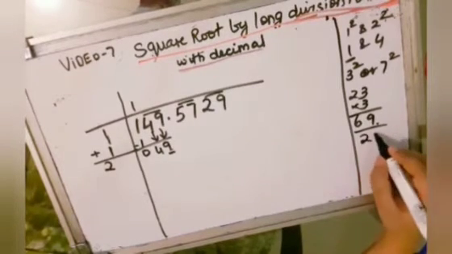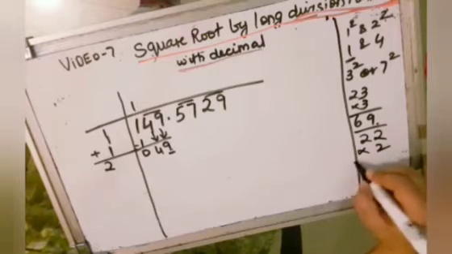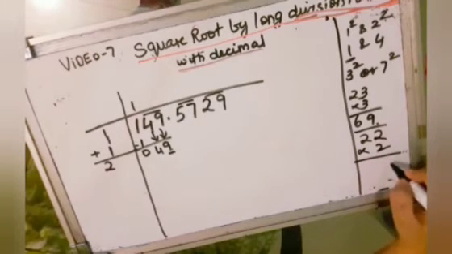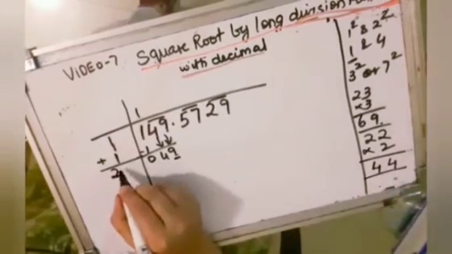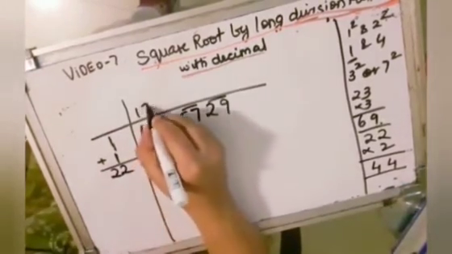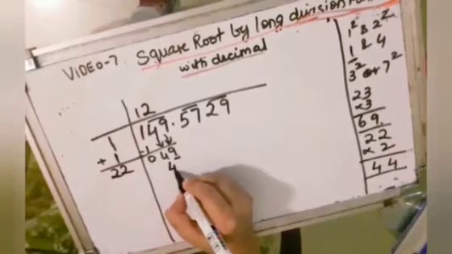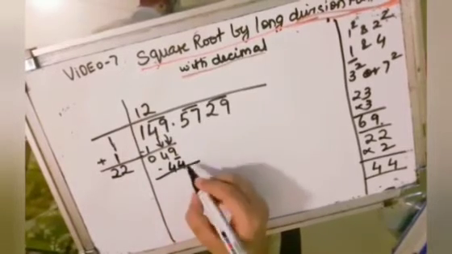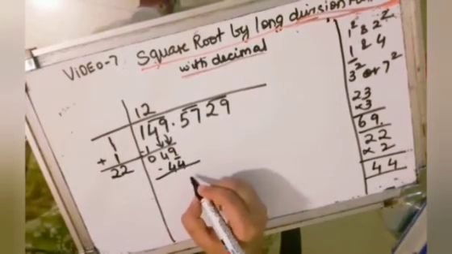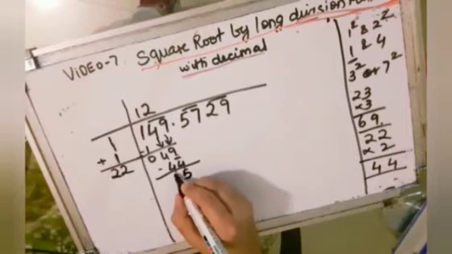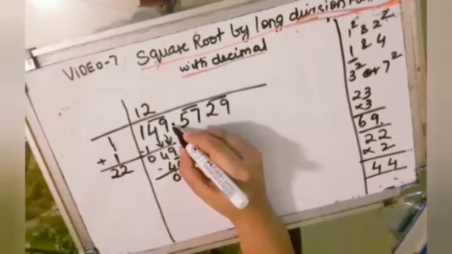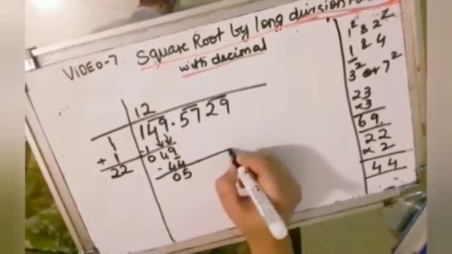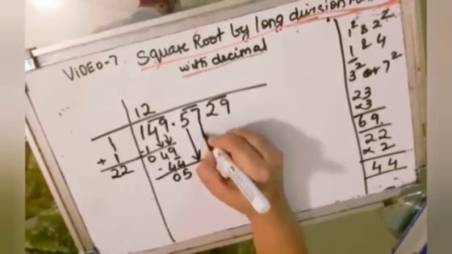So then we take 22 into 2. So we are using 2 square now. So 2 2s are 4 and 2 2s are 4 will give you 44. So now you write 2 here and again 2 here. So 22 into 2 gives you 44. Minus. So 9 minus 4 will give you 5. 4 minus 4 is 0. Now here is the decimal. And after the decimal you are bringing down 5 and 7.